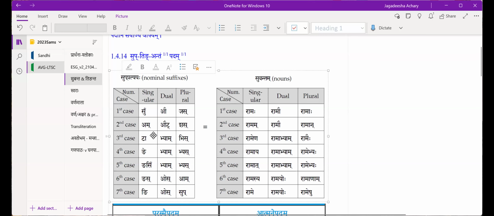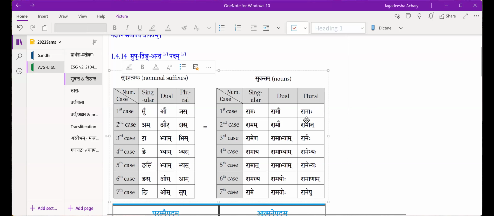Now, suppose this sup pratyaya su is added to a pratipadika. Let's take the pratipadika Rama, which is akaranta pullinga. So Rama plus su; some sandhi rules and other rules come in, and that is how you get Ramah. The pratipadika doesn't have the visarga or the dirgha; the pratipadika is just Rama.